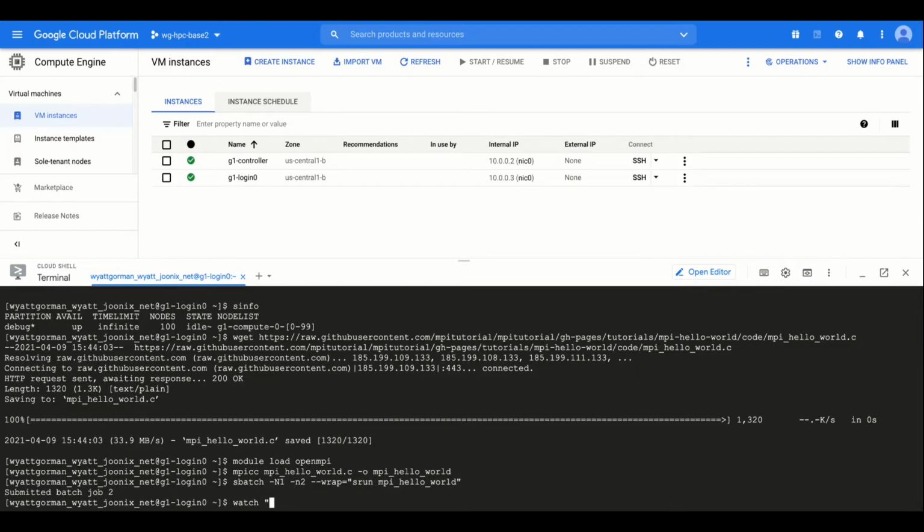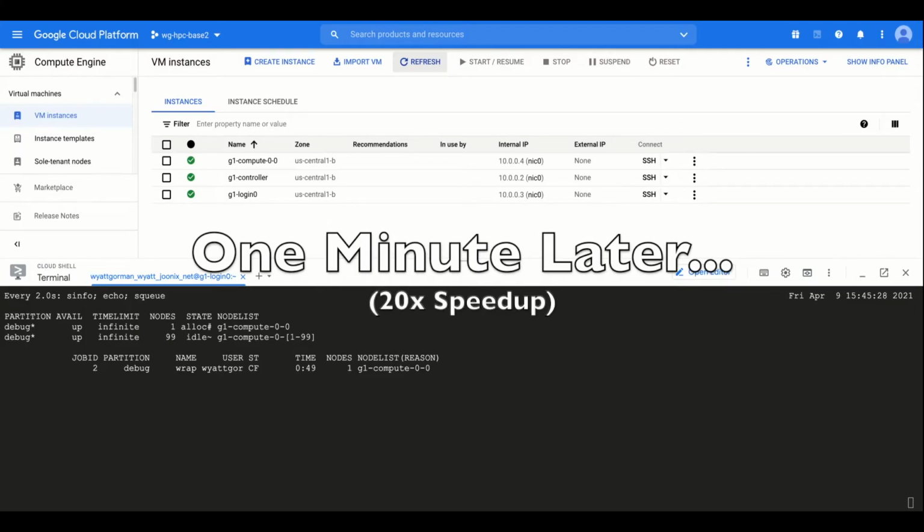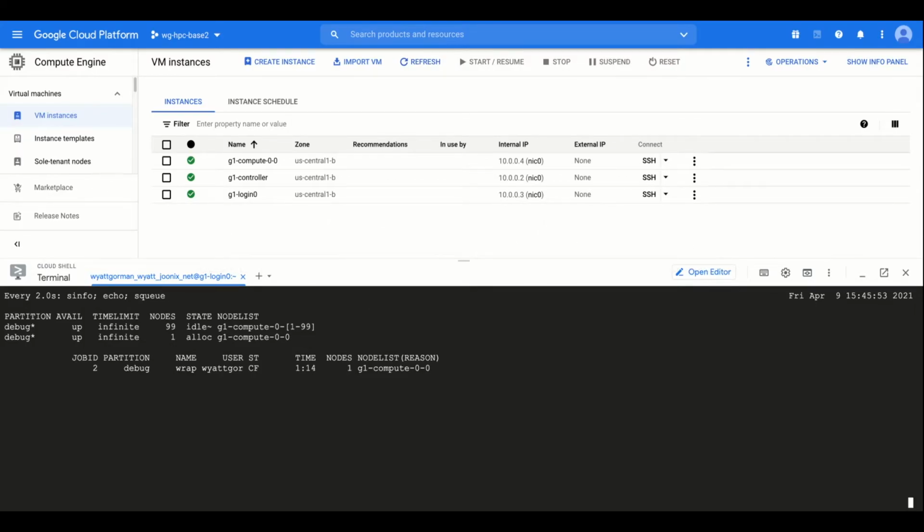If we call a watch for srun and sq, we can watch our VM be spun up. In Slurm, we can see it's in an allocating state. We refresh our console, we can see it spins up in about a minute. It goes to an allocated state, and we can see the job gets run just about now